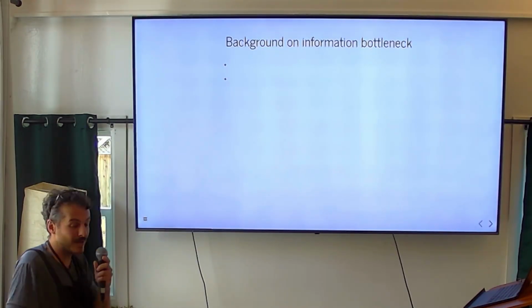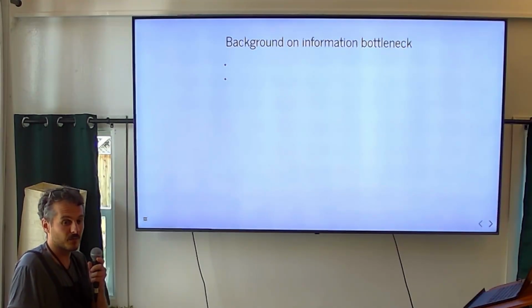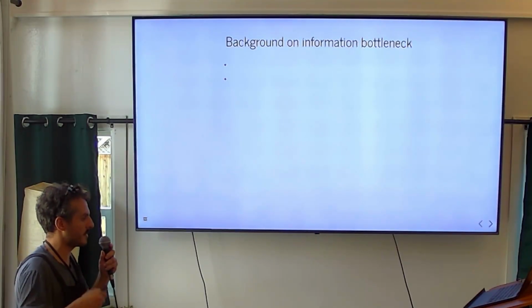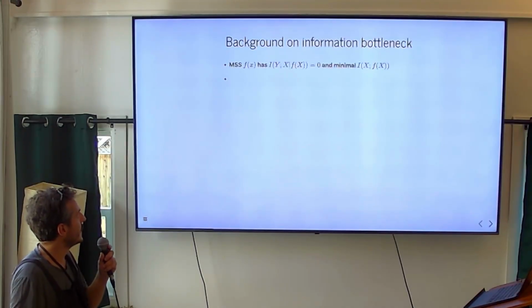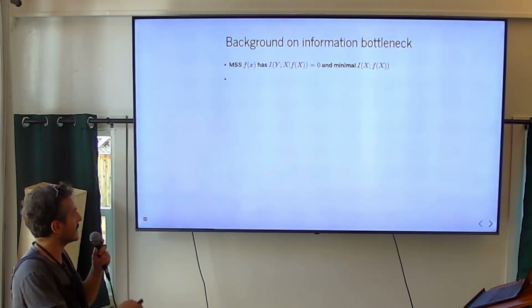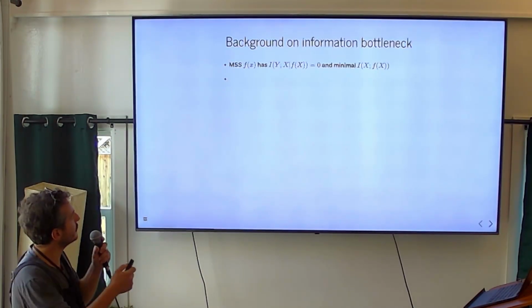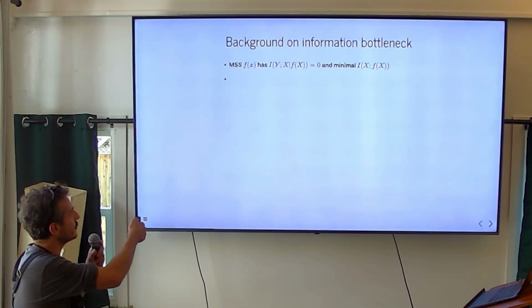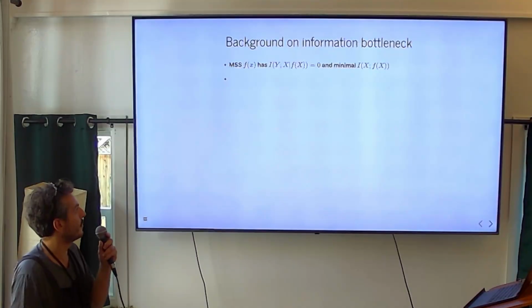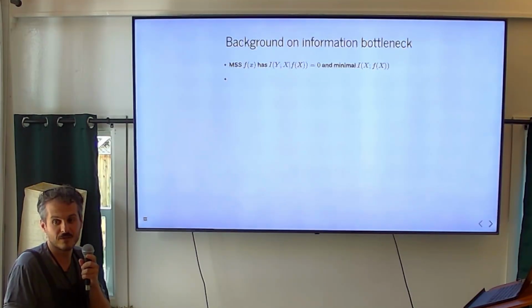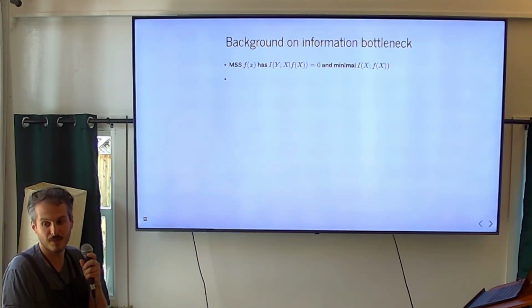So as I mentioned, there's a very influential way to think about this, especially recently, which is called the information bottleneck. And remember that I said that in information theoretic terms, a minimal sufficient statistic has two very natural properties. One, the conditional mutual information vanishes, and it achieves the best compression and best minimizes the information about X.